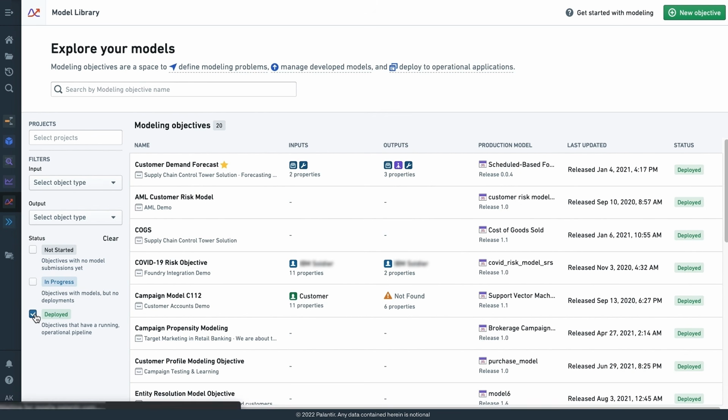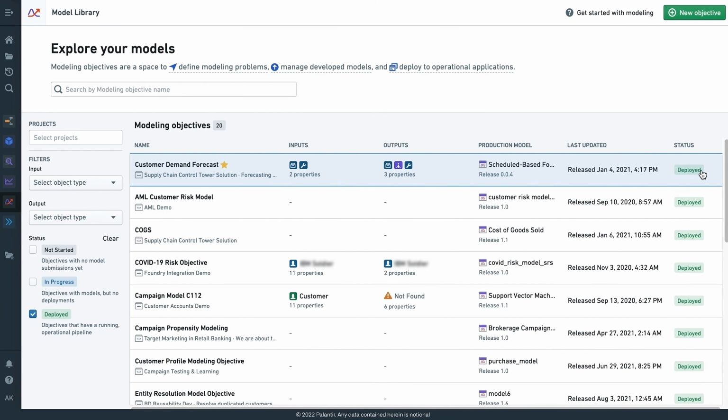And the critical thing here is this does not mean deployed in Foundry necessarily. Several of these models are living in other environments, in Azure, in AWS, and through managed services like DataRobot. And so we're just registering these models here, and we're going to have a holistic approach to comparing them as we think about which ones are going to be deployed into production.